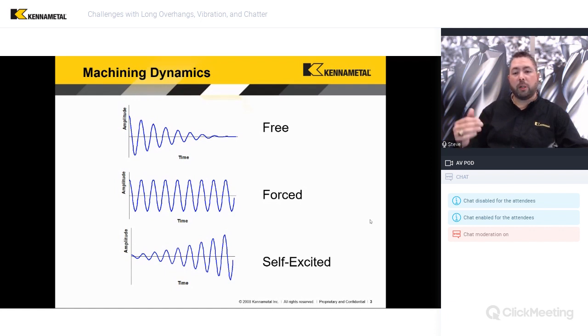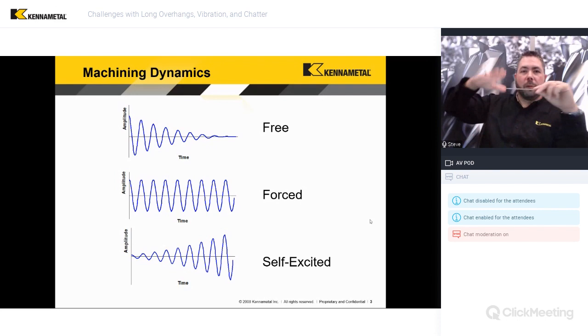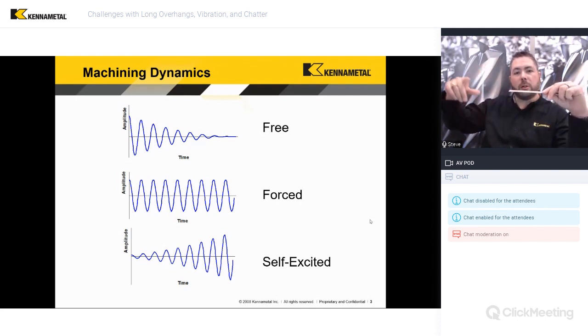So what free vibration is versus forced vibration versus self-excited vibration. So free vibration, the easiest way to think about it, if I take this little ruler here, but a good example also is a string, a guitar string, violin string, piano string. You pluck the string, you strike the string, you draw a bow across the string and release it. Okay, it's going to deflect, it's going to move back, and now it enters this pattern of oscillation or vibration